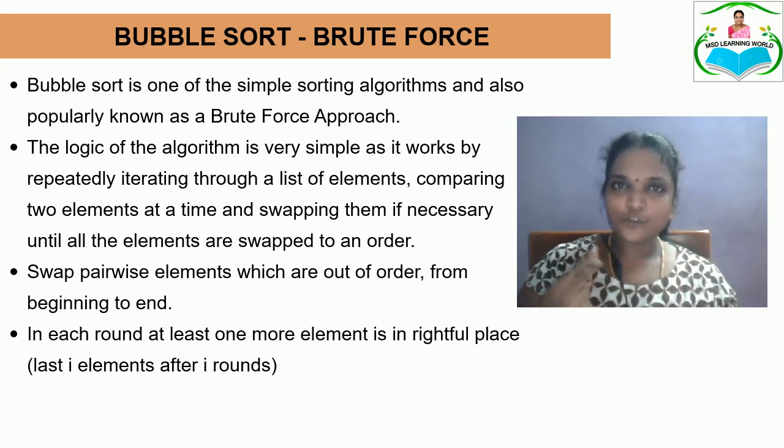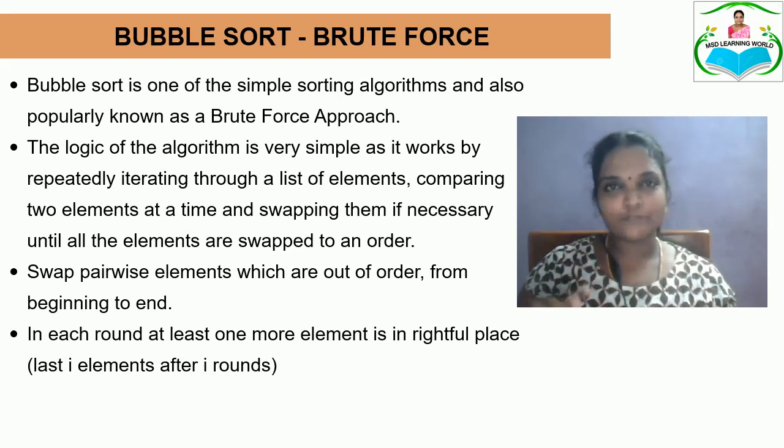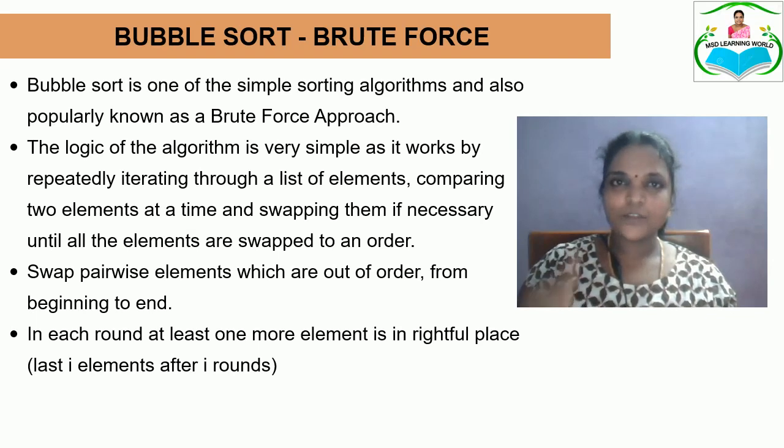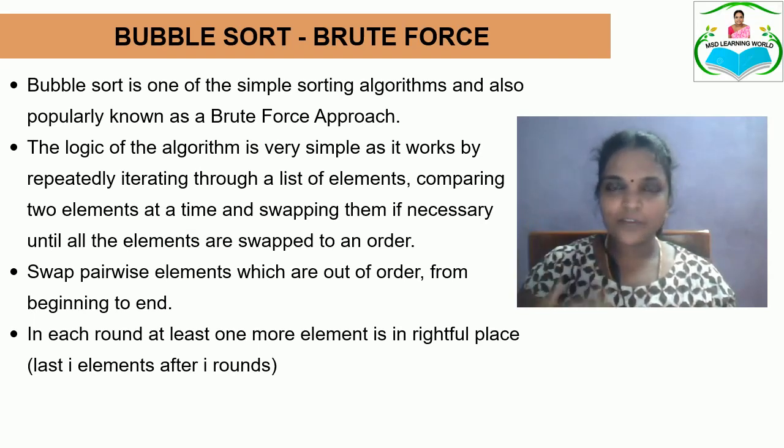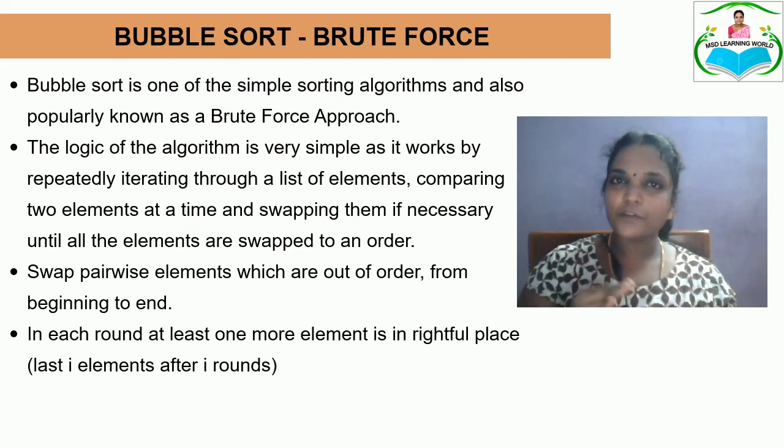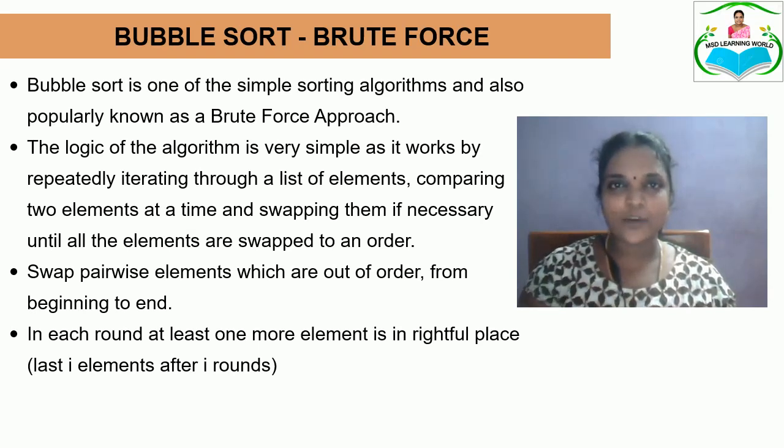Likewise, the first 2 elements will be compared, then the second and the third elements, then the third and fourth, and fifth. So for a single iteration, 5 comparisons are done between the neighboring elements. Again in the second iteration, the same 5 comparisons will be done. Third iteration, same 5 comparisons. These iterations are done 5 times because the total number of elements present is 5. So 5 times 5 comparisons are made. At last you will have the elements in ascending order.